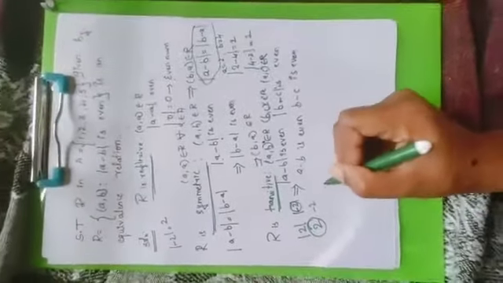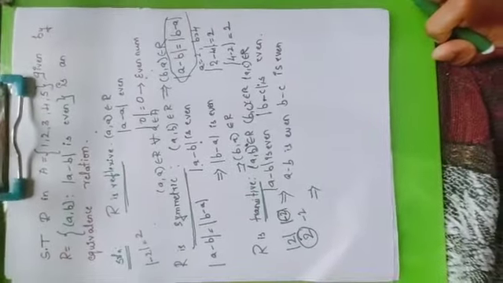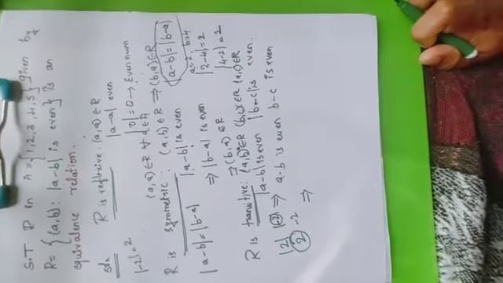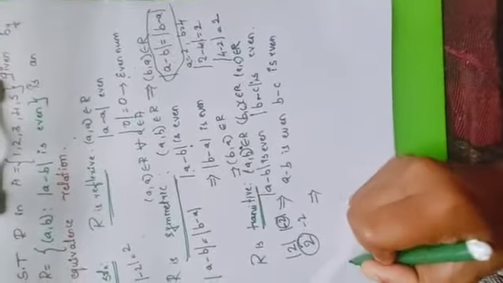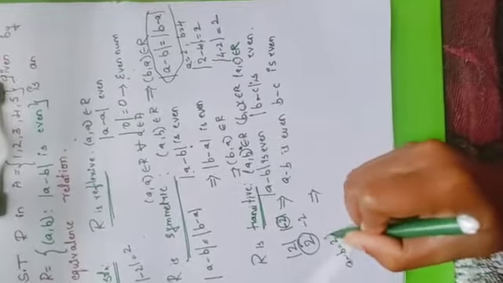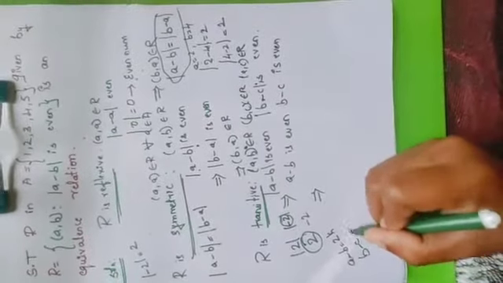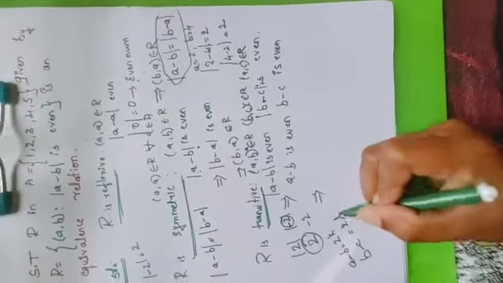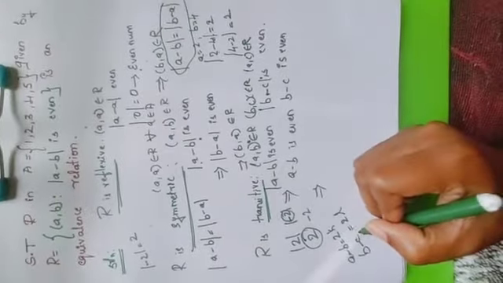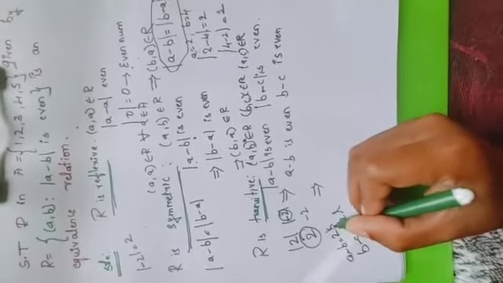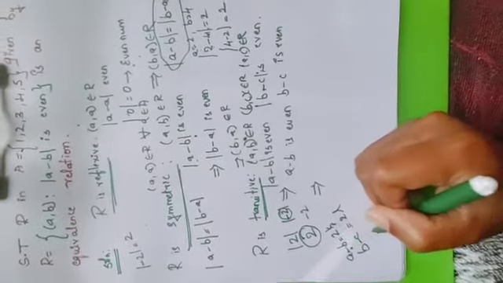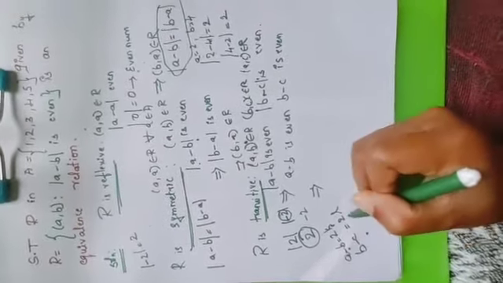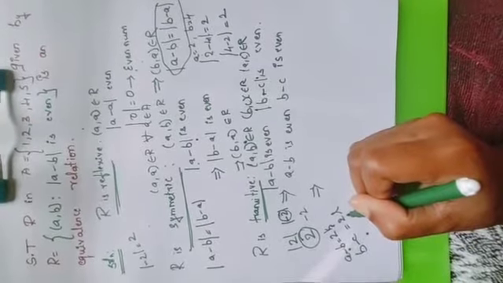So when you add these two numbers, we know that the addition of two even numbers is always even. Why? Because suppose you have A minus B equal to 2k and B minus C equal to 2l, because it is an even number. An even number implies it is a multiple of 2, correct? Since A minus B is even implies A minus B is equal to 2k, B minus C is even implies B minus C is equal to 2 into some integer.